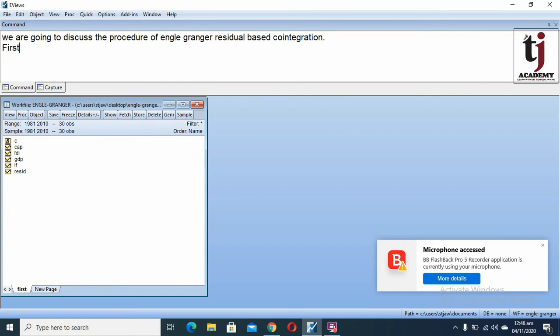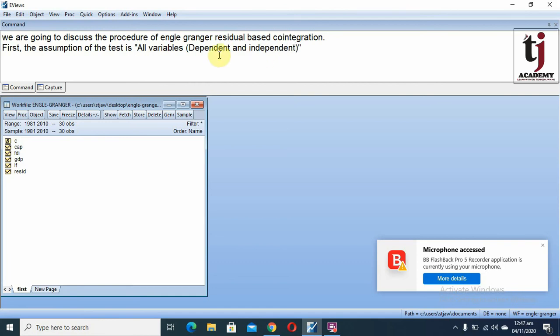First, the assumption of the test is all variables, dependent and independent, are stationary at first difference.